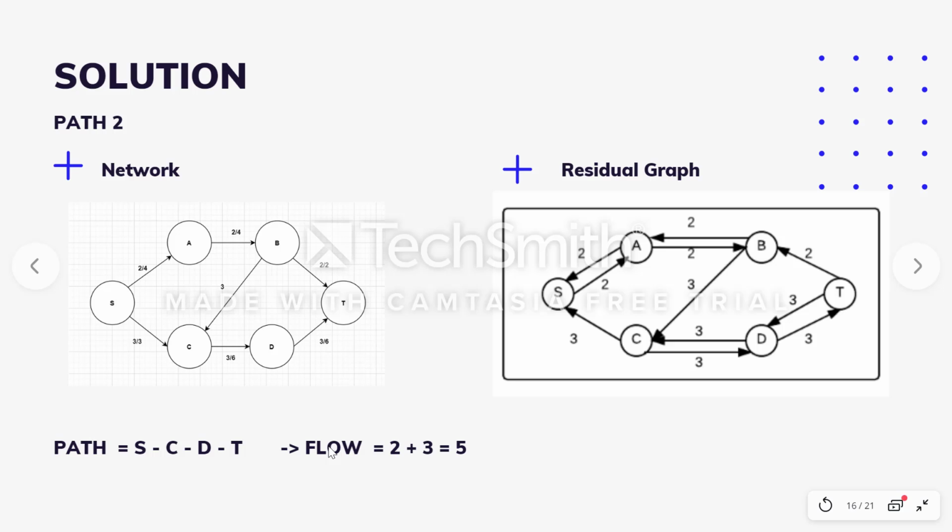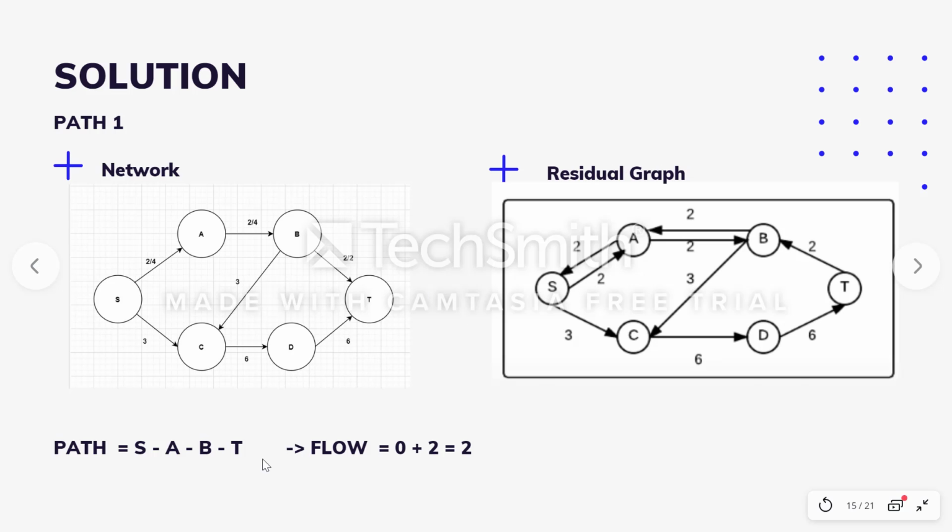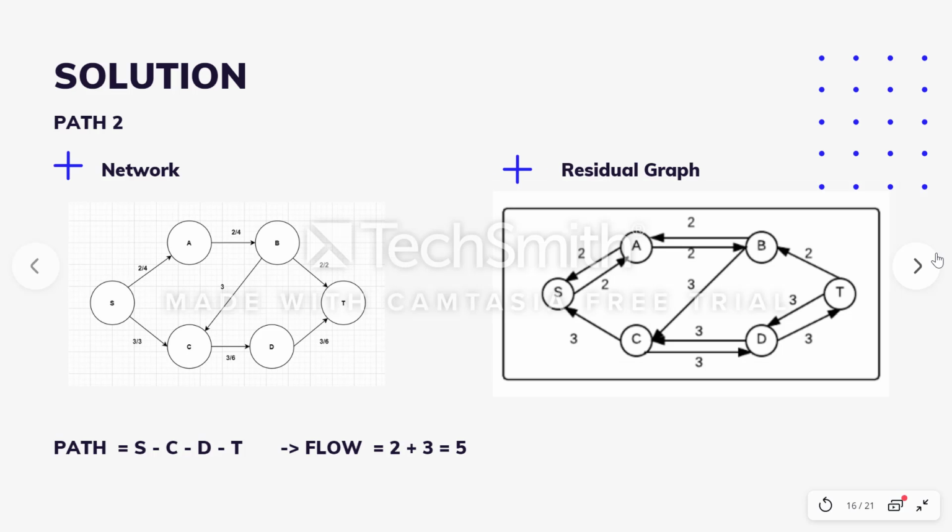So this is the first flow that we can get. The first value of flow is equal to 0, but since we already got the augmenting path value equal to 2, we add it, so the flow is now equal to 2. And the next one is